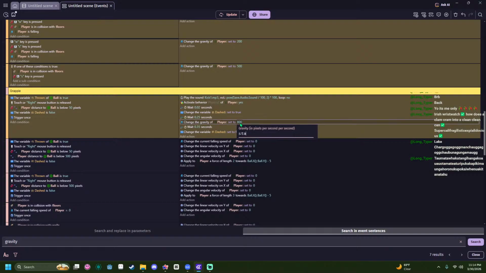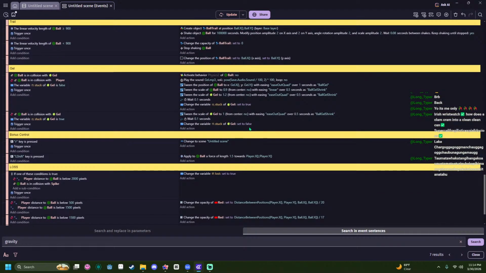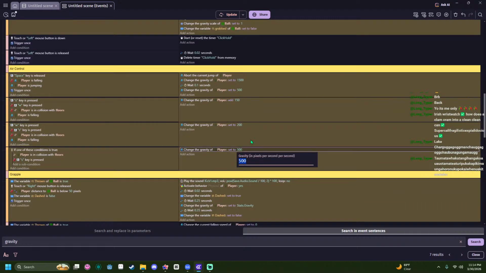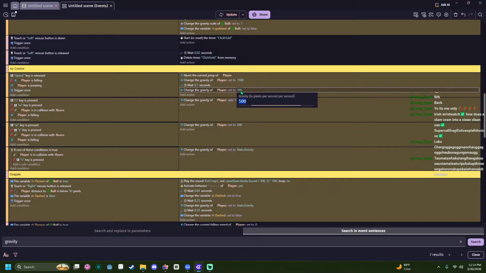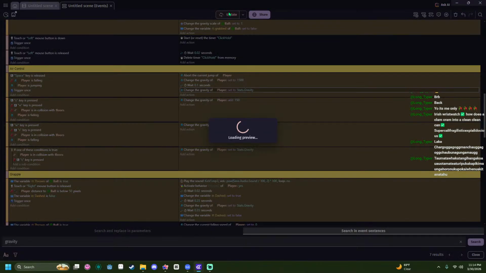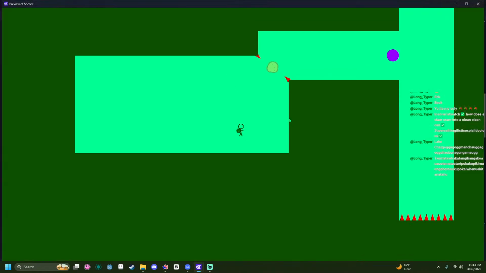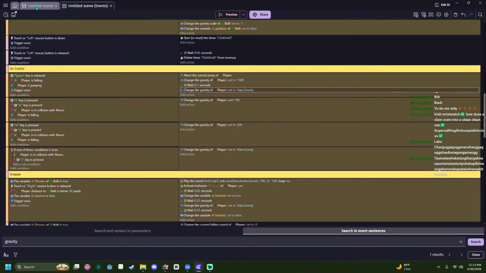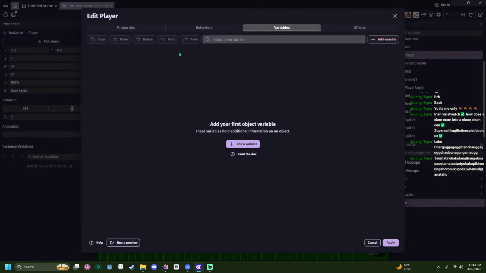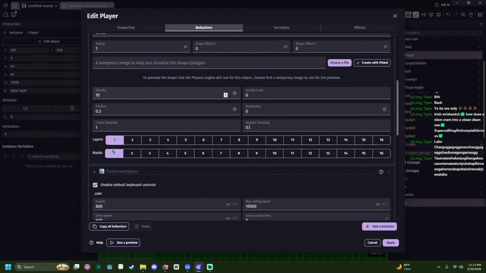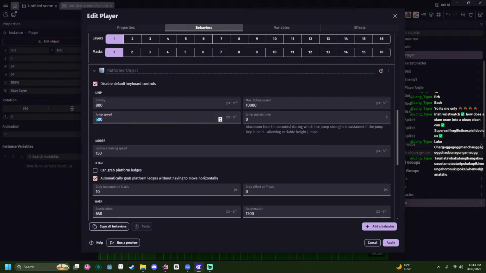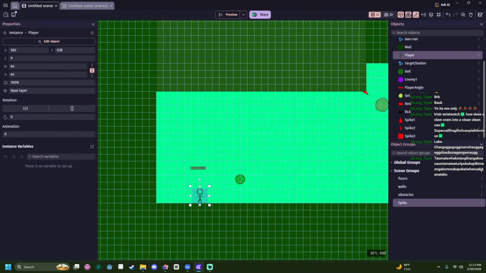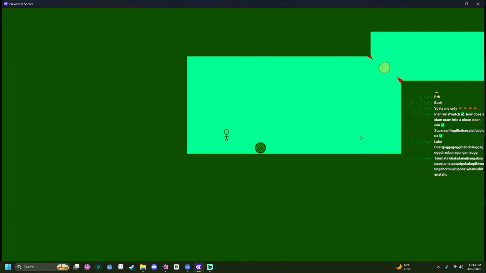Set to stats.gravity. Okay, we're scrolling down now. Bam. Bam. There we go. Still floaty, but less floaty. And then we can actually change the jump speed like to 750 now to compensate for that. There we go.